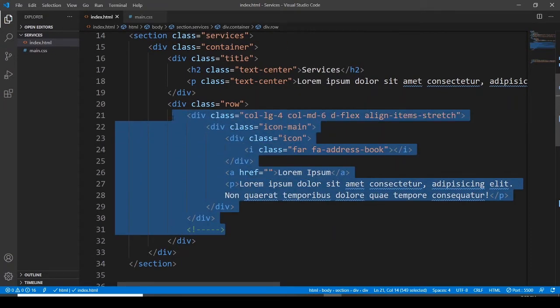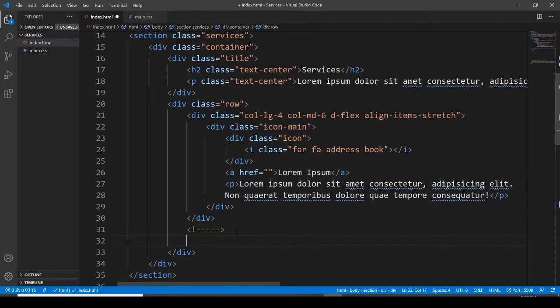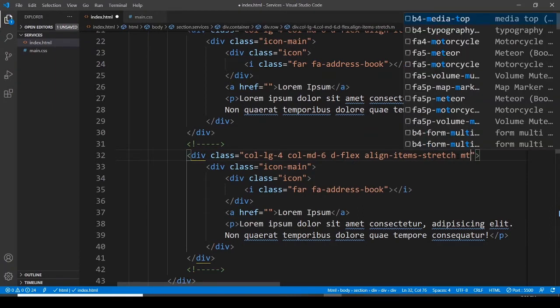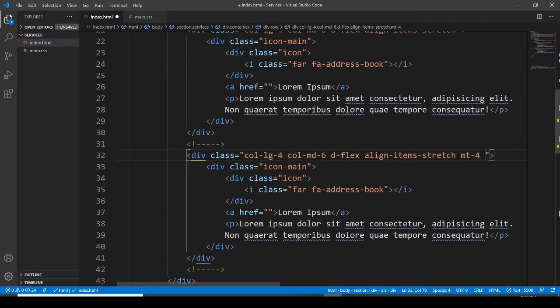Let me copy this one. I want to paste it here, and here. After this stretch class I want to use margin top 4 and then margin top medium 0. These classes I have added here: this empty 4, empty, MD, and 0, and then the rest of the things